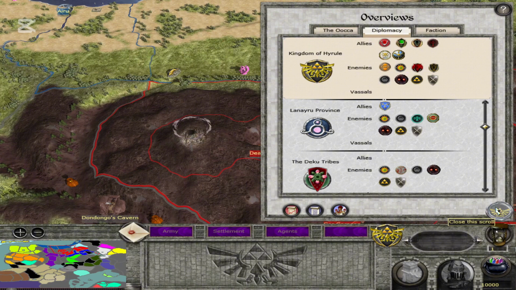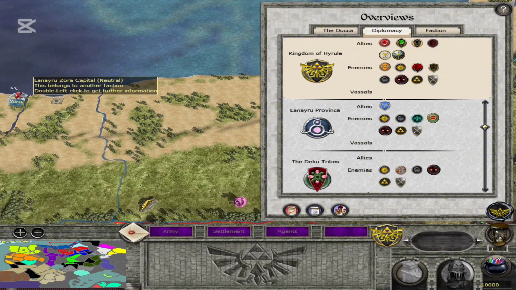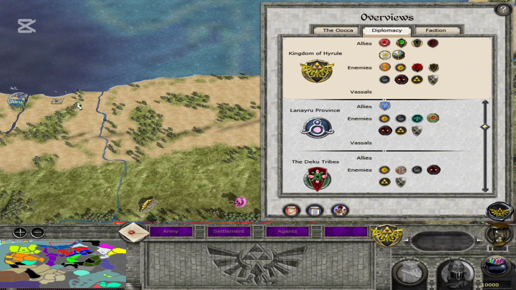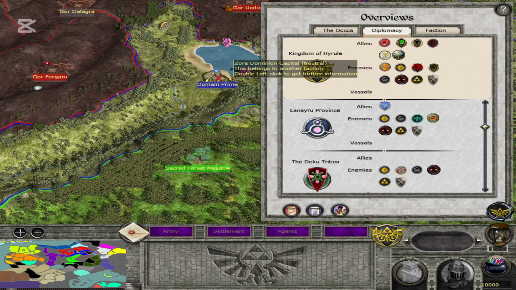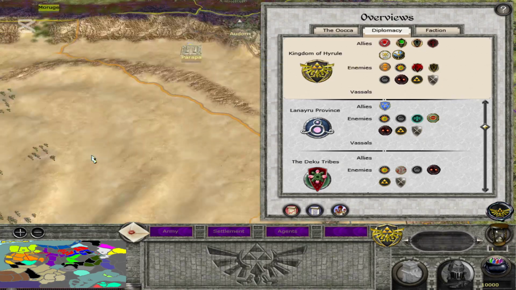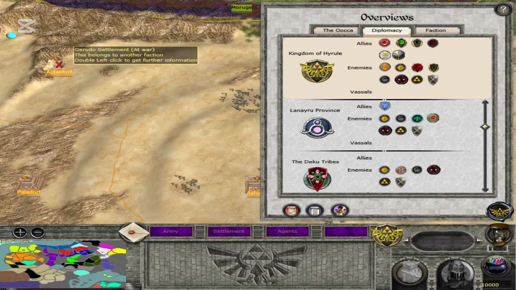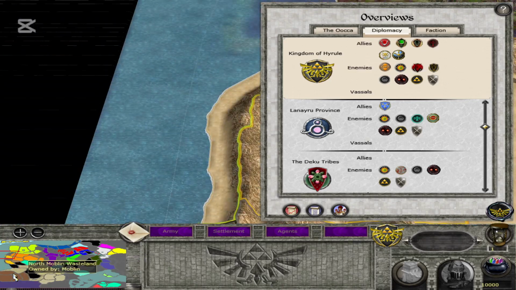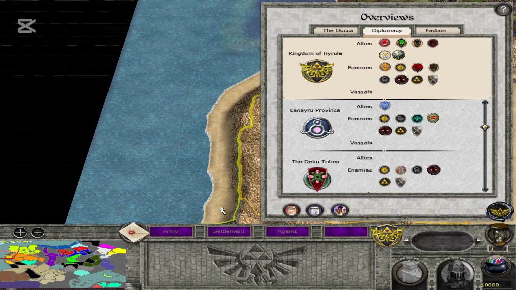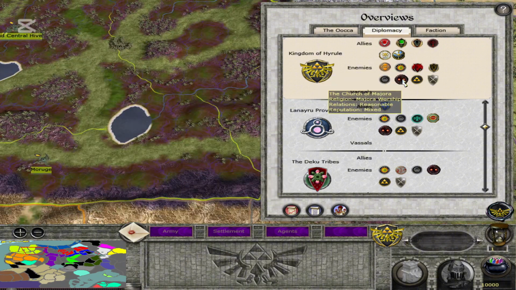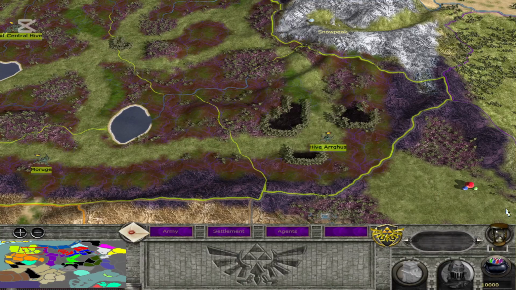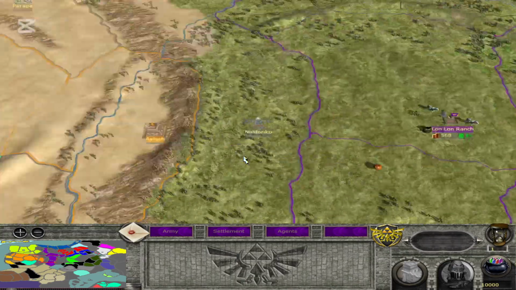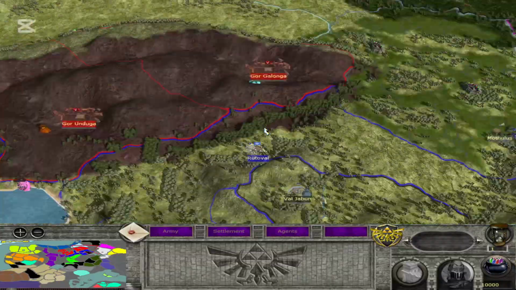So you can make an alliance with those guys here, and of course with Zora Dominion, maybe make peace with Gerudo, since they are goddess worshippers as well, and then you can destroy all those others which are following Majora worship or the will of the Goma. Right. So yes,